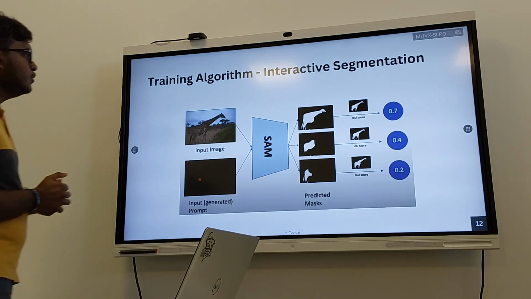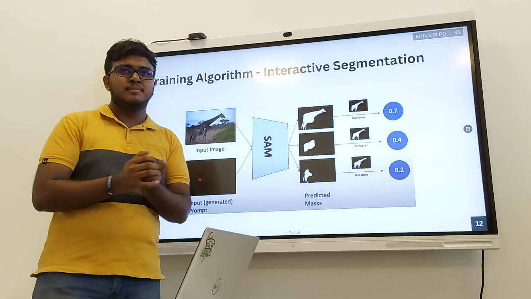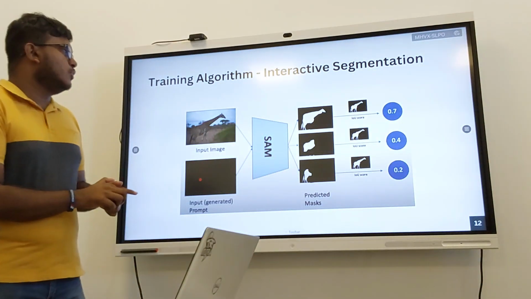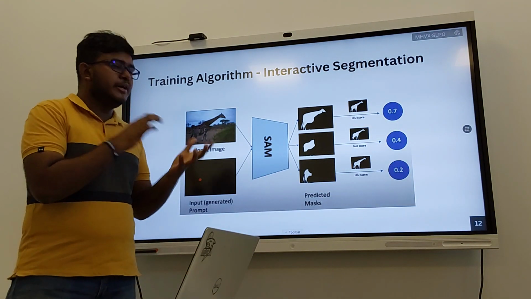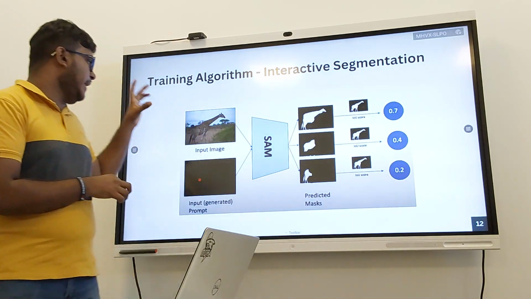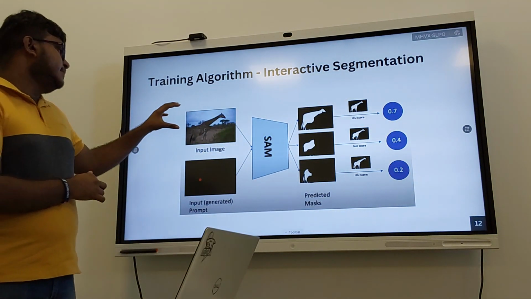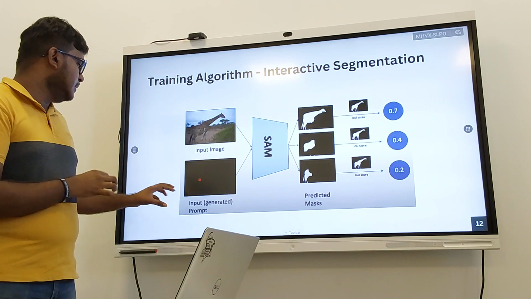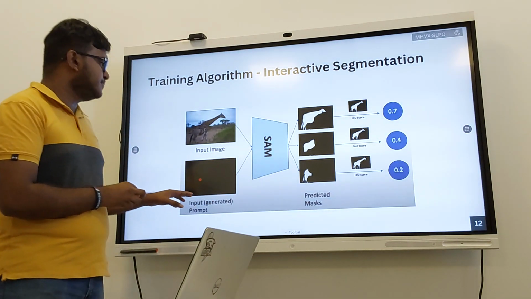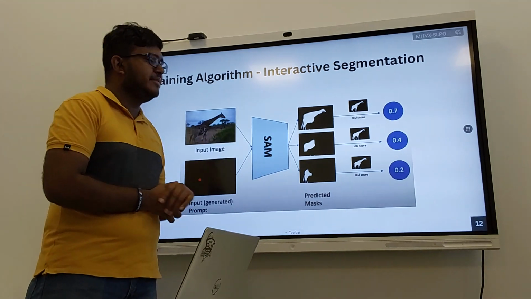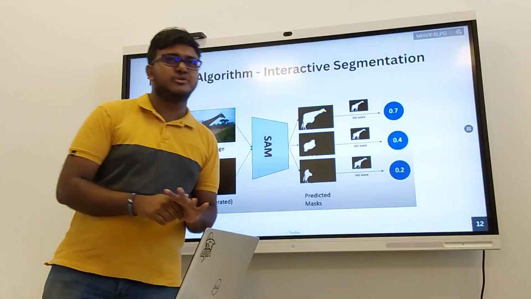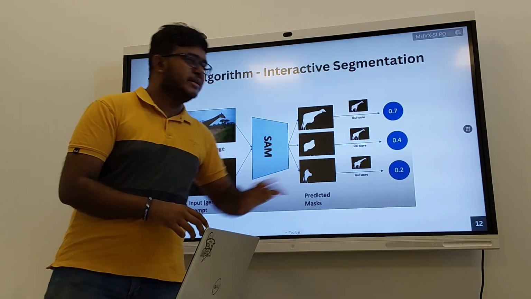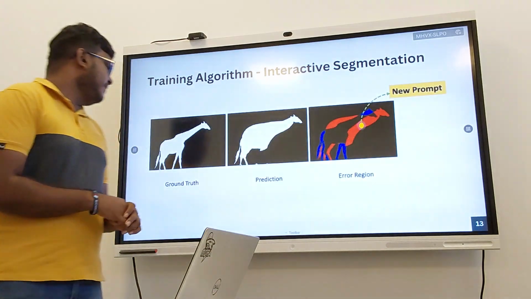Then how does SAM generate tokens and masks? They are doing it in an interactive and iterative segmentation method. They use 11 iterations during training. At the first iteration, they input the image, and let's say this is for points, we give a point embedding, and then it generates 3 masks with the corresponding IOU scores. At the first iteration, the model will choose the mask with the highest IOU, and then